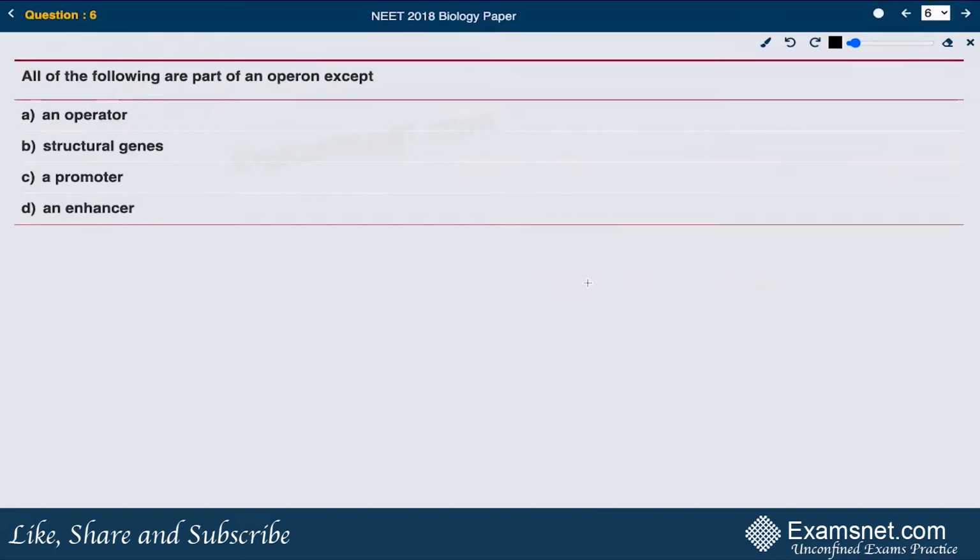Question number 6. Question number 6 says that all of which are part of an operon except. All right. Now, this is again a very direct question that has been asked from your molecular basis of inheritance chapter of your standard 12. And let me tell you that basically operon consists of a group of, or it's a unit of some linked genes that regulates some other genes that will be responsible for protein synthesis. All right. So in your course, the operon that you have studied is the lac operon that is found in the E. coli cell. And a typical lac operon